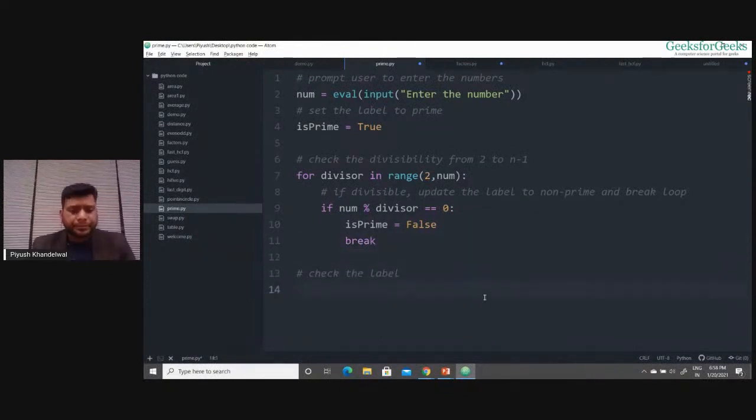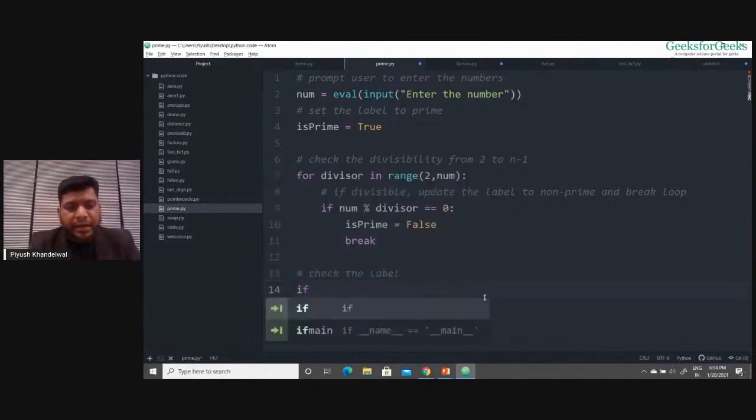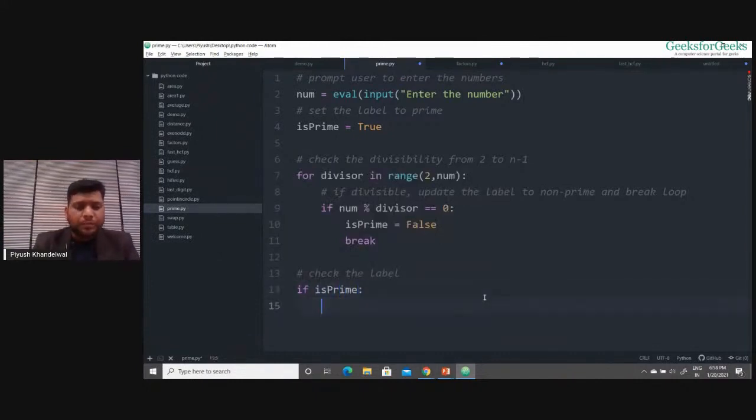Now I need to check the label. So when this loop will terminate, there are two conditions. This loop might have executed completely, or this loop might have broken out in case I have found the divisor. So I'll check the label over here. If is_prime, that means the value of this variable is true.